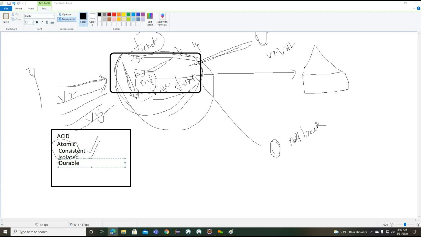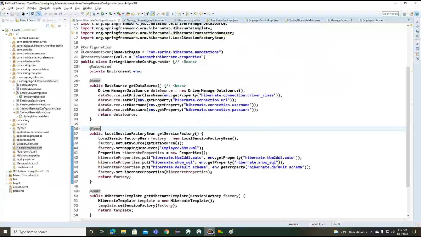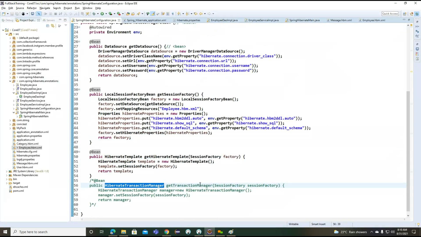For JDBC, we can go for the data source transaction manager. For Hibernate, we identified the Hibernate transaction manager. Just now we created the Hibernate transaction manager here. So this is indicating Hibernate Transaction Manager. And to work on JDBC related here, we have one more transaction manager that is called Data Source Transaction Manager. The Data Source Transaction Manager we cannot use in the Hibernate application. It is applicable only in JDBC related applications here. Right? Now we'll go for this particular transaction manager.